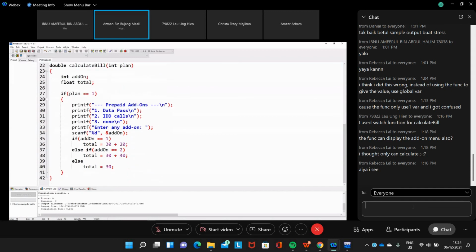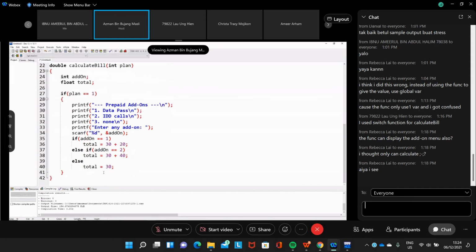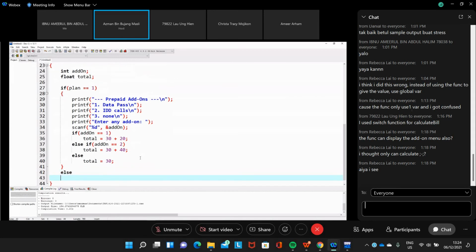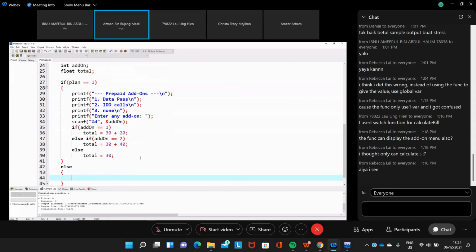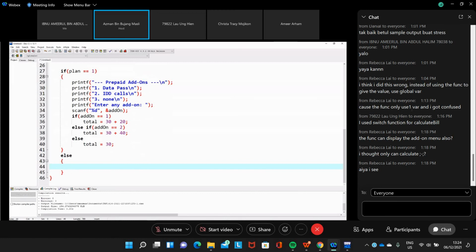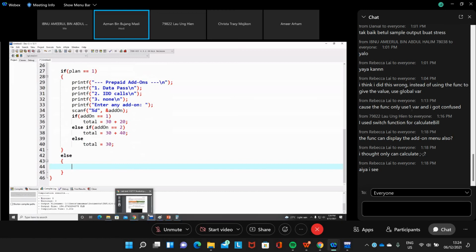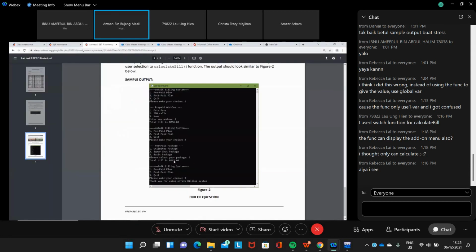And then this is for prepaid. For the postpaid, we do the same thing. Else, because there are only 2 options, else is actually the other option, which is the postpaid plan. So for the postpaid plan, we put the menu: 1 prepaid plan, your choice 2 postpaid plan.